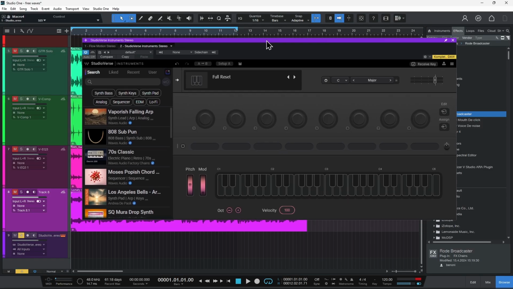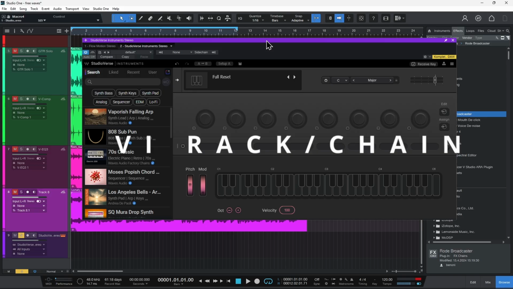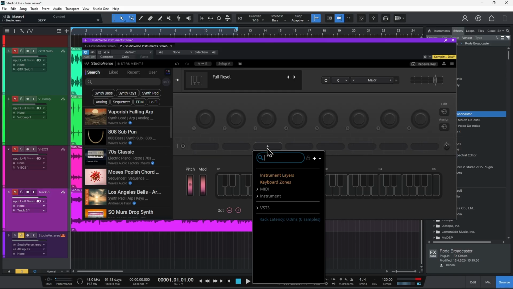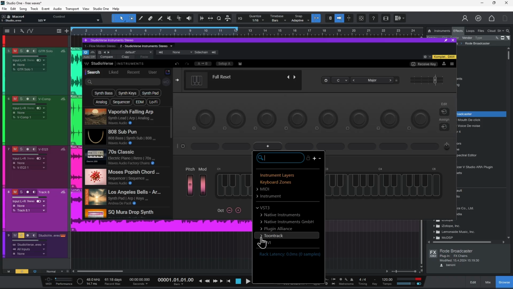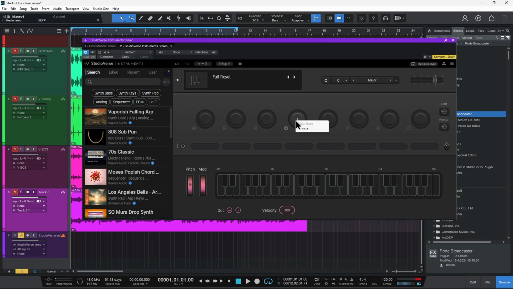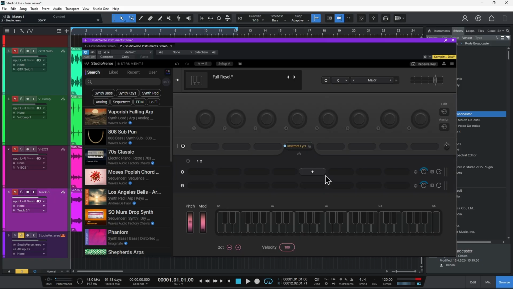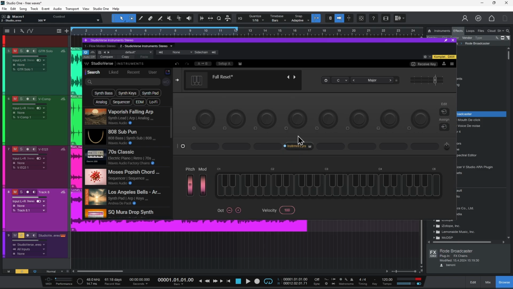So the next free plugin, the last and final free plugin, is Waves StudioVerse Instruments, which is just basically the same thing as Studio Rack, but this is for instruments. So again, load up whatever Waves instruments that you have. I have all of them, but I can load up Contact, for example, FM8, Superior Drummer 3. I could create an entire rack of 4, 5, 6 different instruments, create macro knobs for all those things, do things like instrument layers, and of course recall those in any DAW,